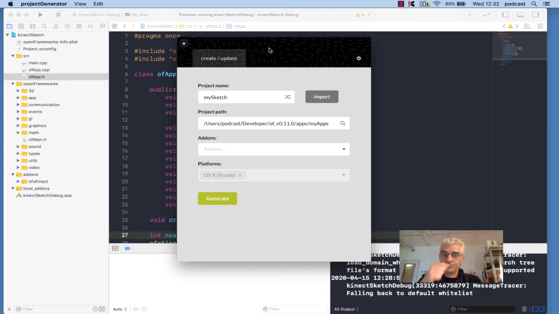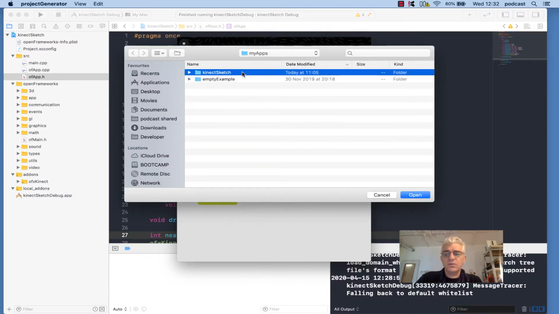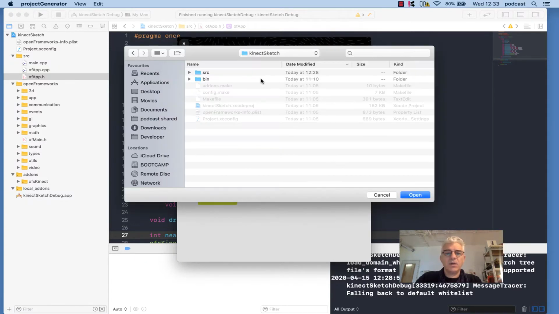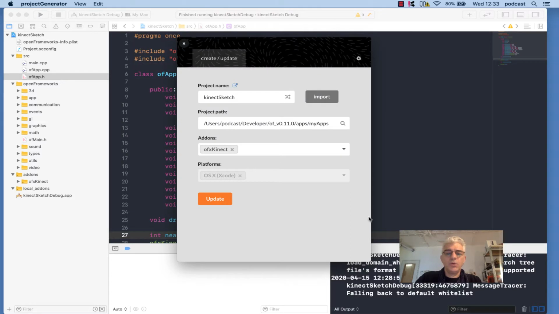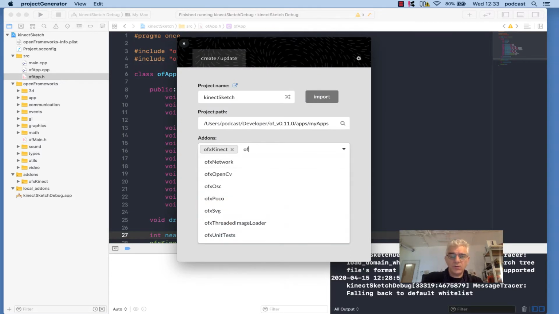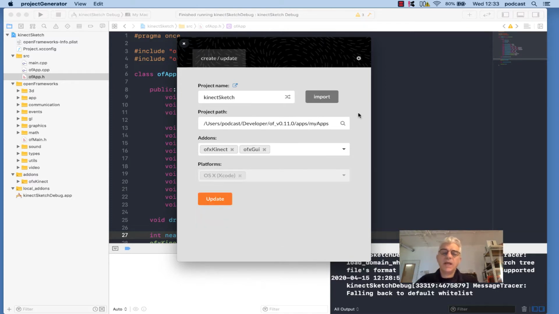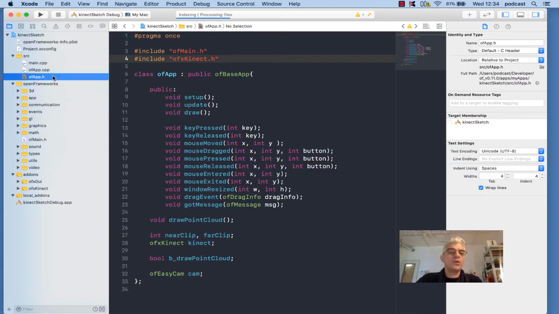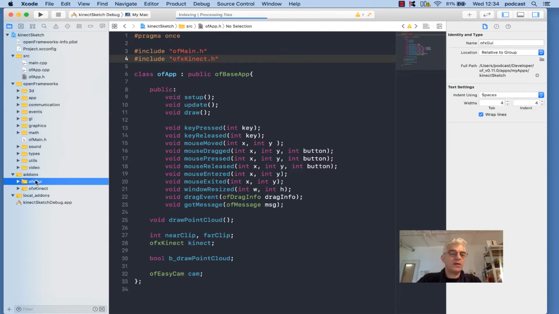So in OS X I'm going to find my project and update it using the project generator to include ofxGui. You can add this into the add-on file in your project. So launching the project again, I can see that in the add-ons file I have ofxGui